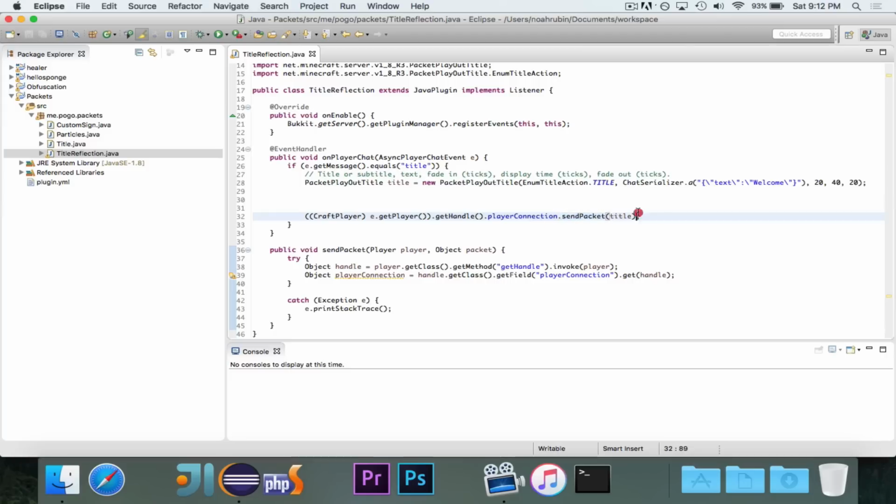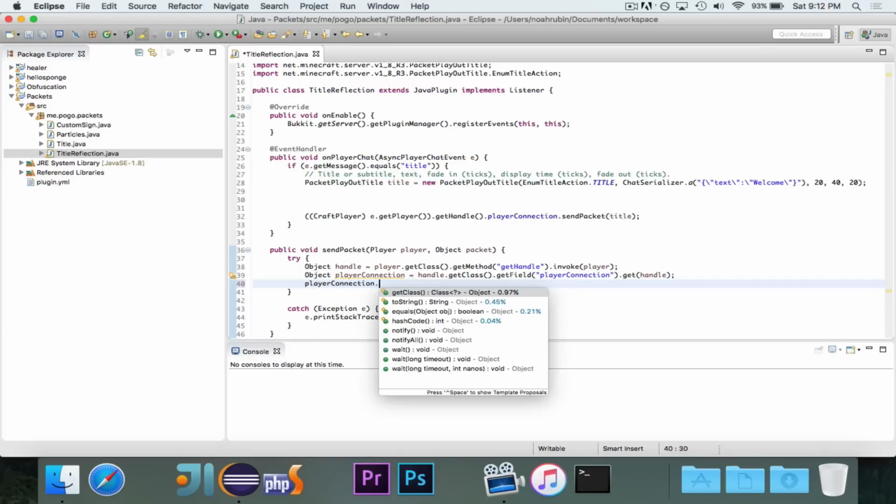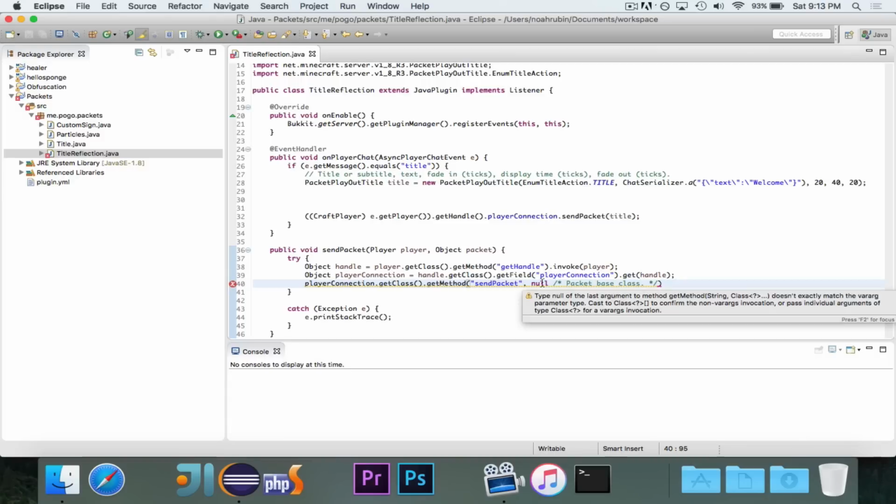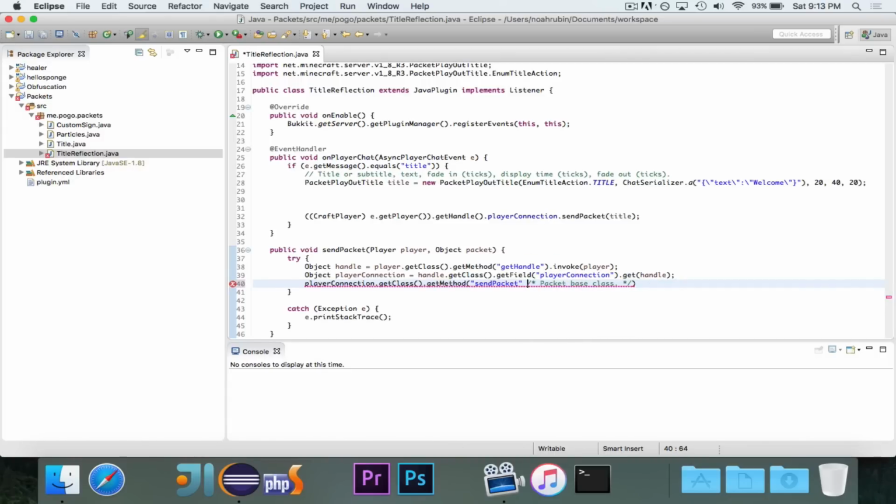So now we're at this point. Now we want to actually call the send packet method. So now we're going to say playerConnection.getClass().getMethod. The method is, of course, called sendPacket. And the parameter types, this is going to be the packet base class. And we're going to make it null for now, or I guess we'll just leave it empty. But we need to get the packet base class, the